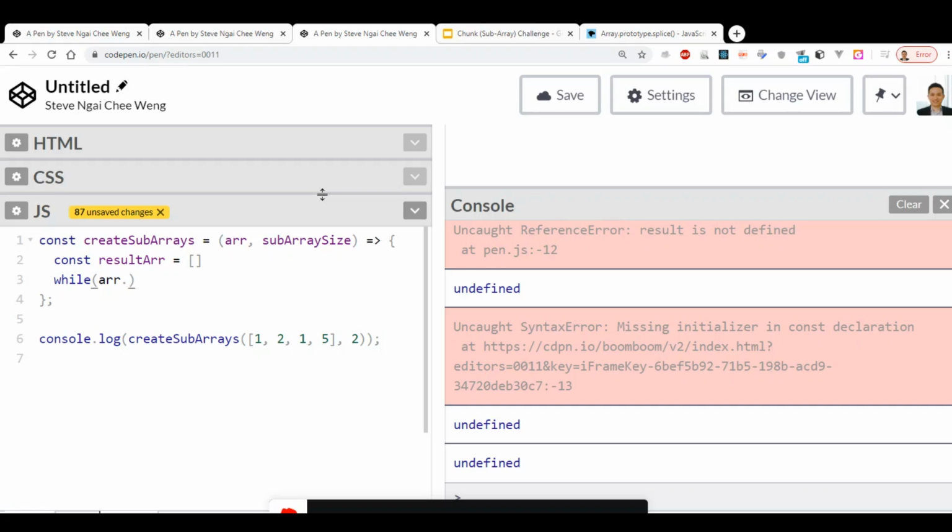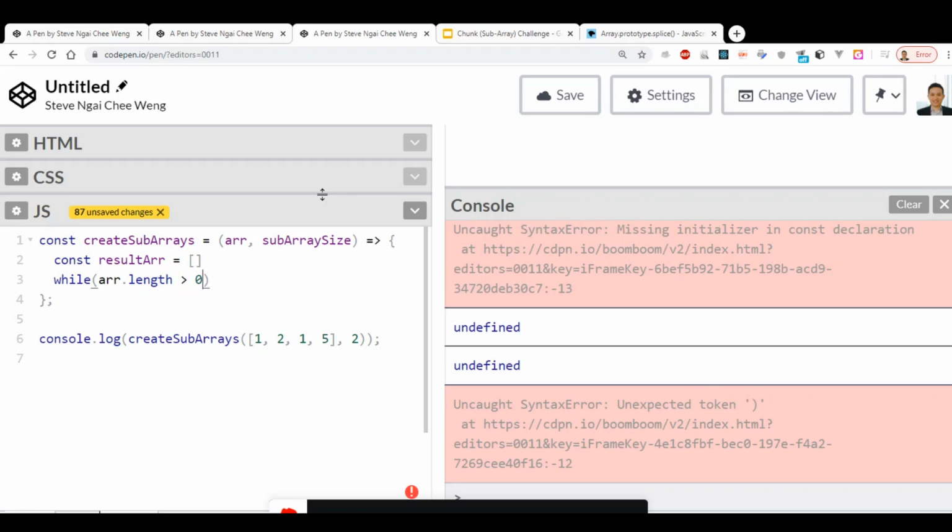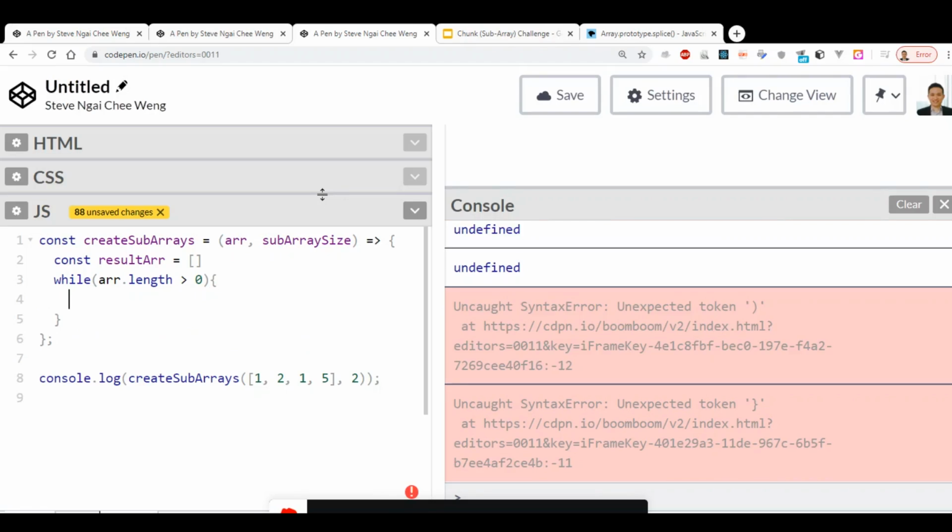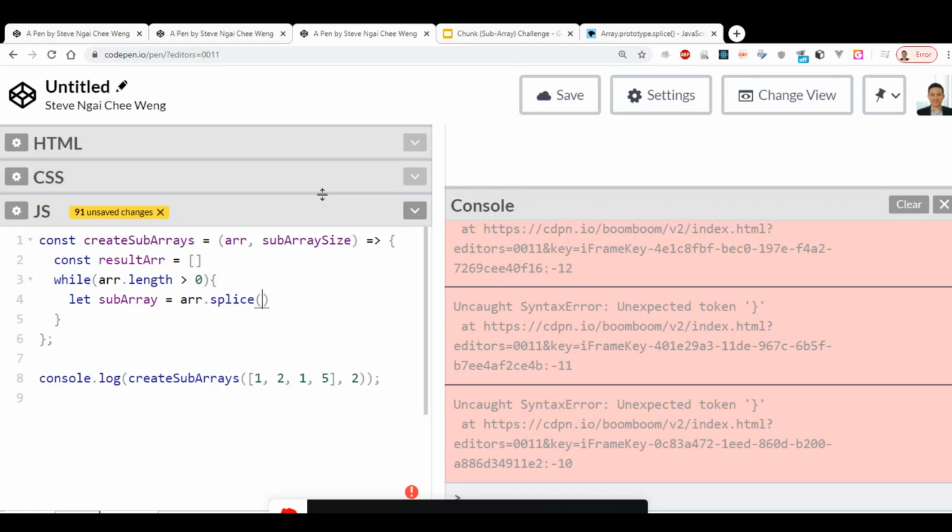While original array length is greater than 0, as we have discussed in our algorithm just now, as long as the original array length is more than 0, we will use the splice function. So here we can create the subarray to store the spliced elements. Array.splice, we're going to splice from where? From 0 to